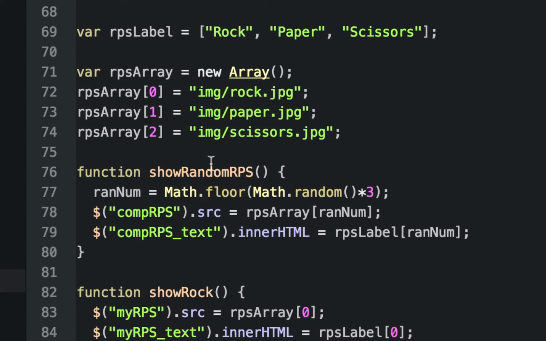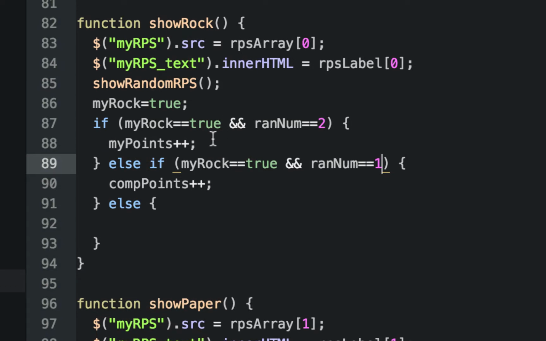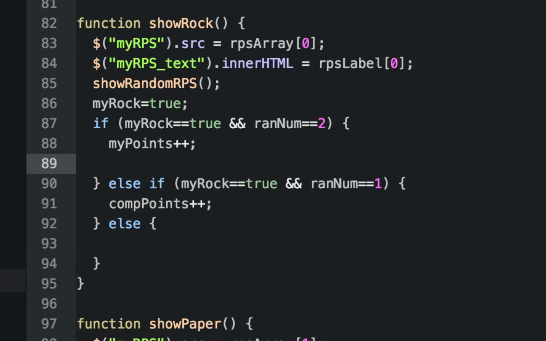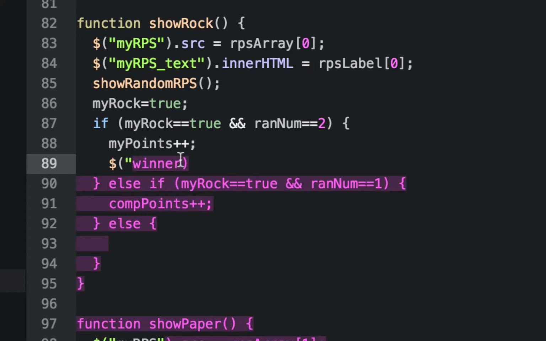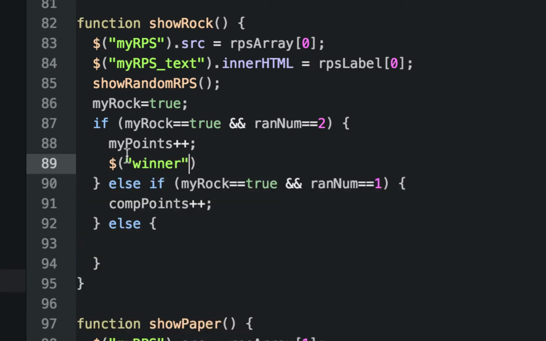But let's go back and look at this. If we win, if we get points, we want to display that we have points. So we're going to have three things where we're going to display points. We're going to use the $ and the parentheses, and this will be winner. We'll use winner because that's the top line, and that has to be in quotes because it's an ID. So this is that shortcut, that function expression where we're getting that ID, and this is where it's going to display. And we're going to say winner dot innerHTML equals,